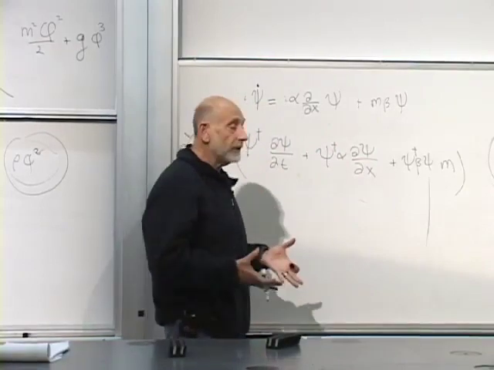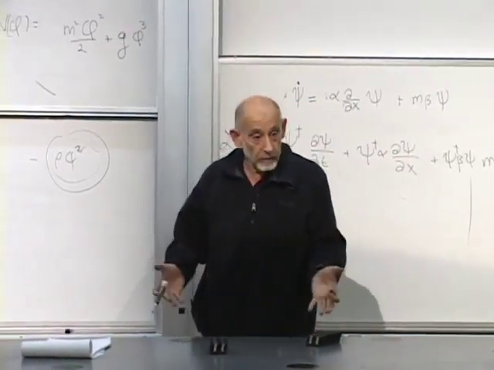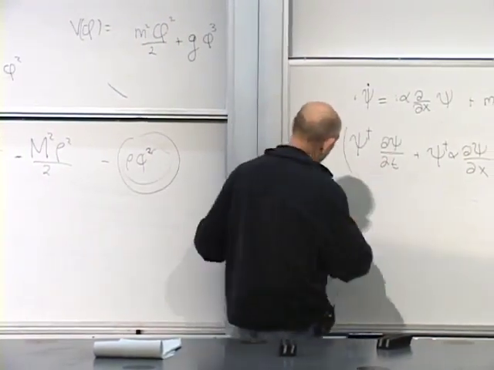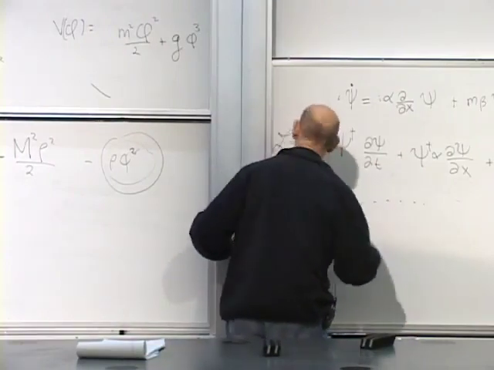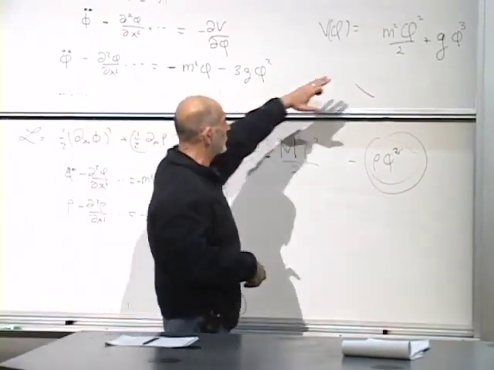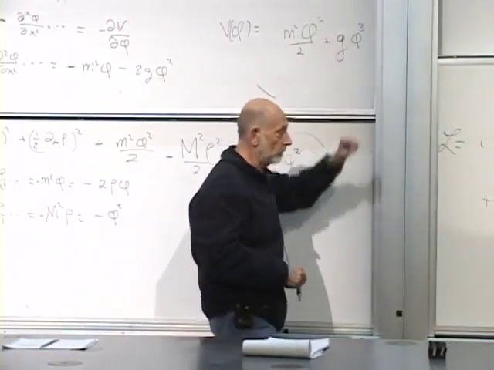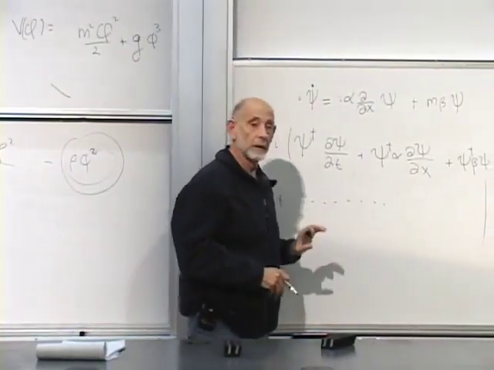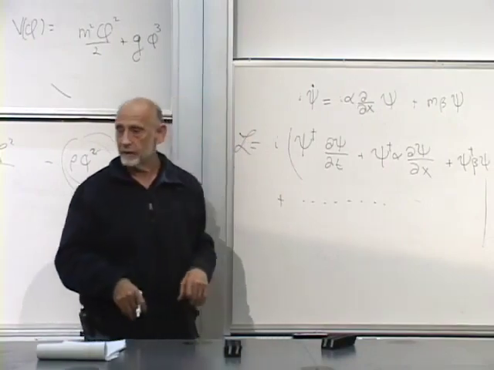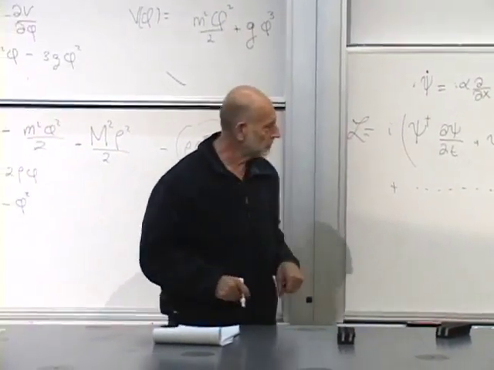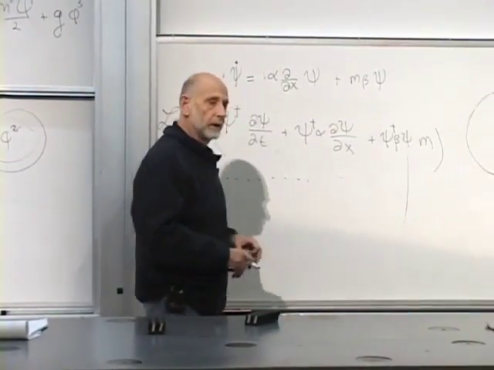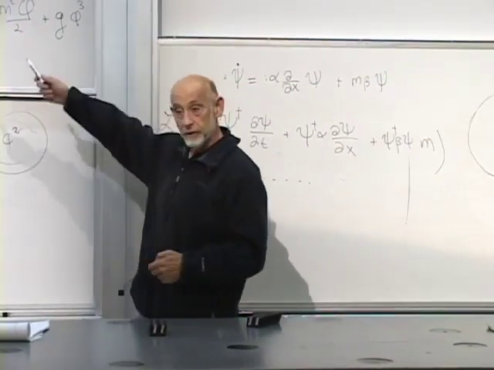Now, supposing there was another field in the problem, possibly a scalar field, a boson field, how would you then add in also the Lagrangian for the scalar field? The scalar field Lagrangian, maybe with just the m squared, or maybe the phi cubed term. Is that parenthesis in the right place? I don't remember. Is it important? Not important to us. The important thing is that we can couple the Dirac field to the scalar field,